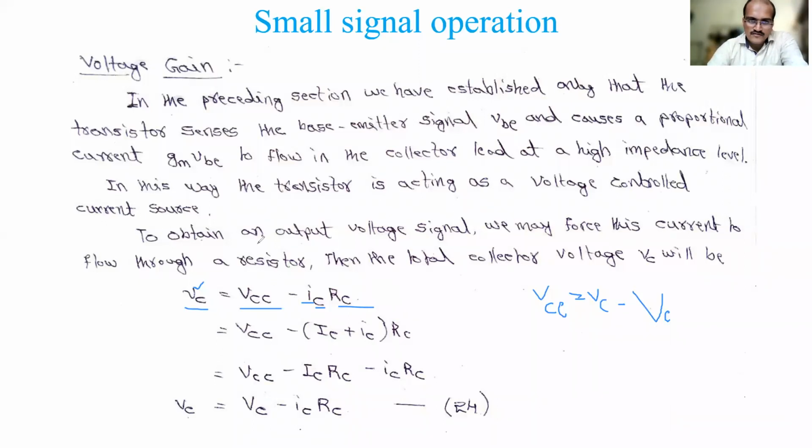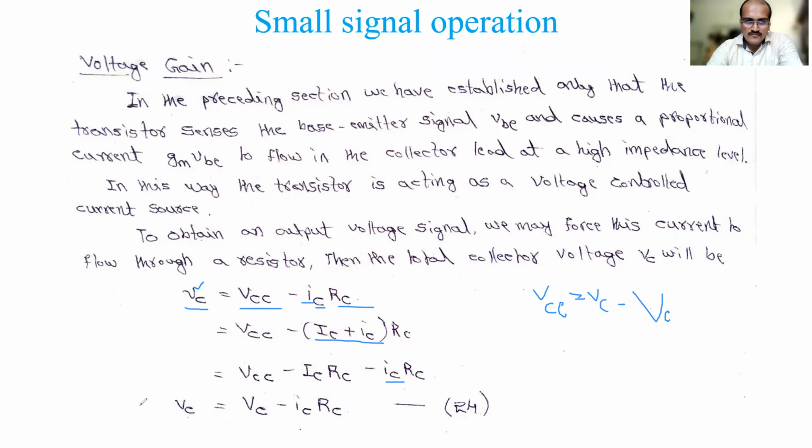This came from the circuit itself. You have the VCC connected there and there is a drop across the RC, which is IC. So what is this IC? This is an instantaneous collector current which has two components. One is the DC component IC and there is an AC component or signal component. If I substitute for that, this will be this equation. Then if you split this, you will have IC into RC minus ICRC. This IC here, both letter as well as subscript small, is nothing but the signal component.